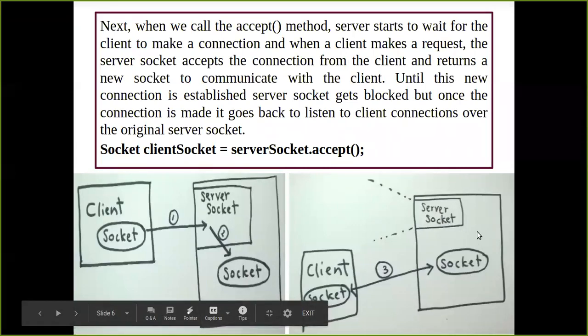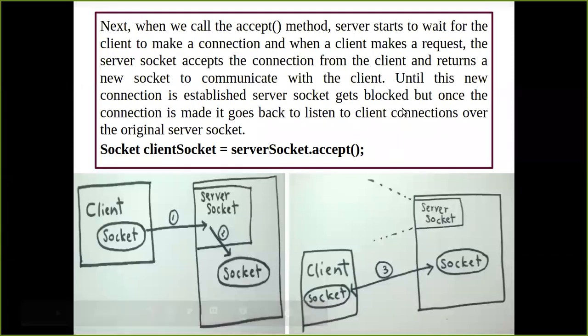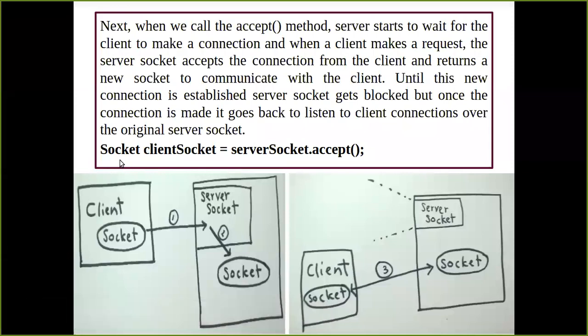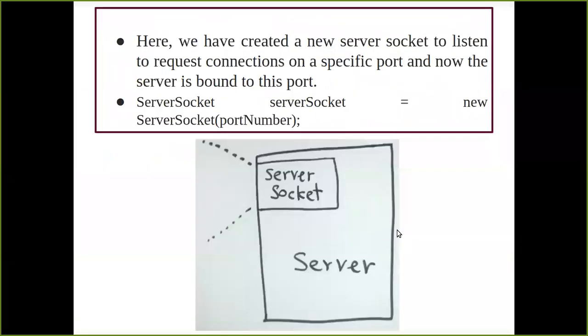For that, what we have to do is have one method called the accept method. Now that we are going to write inside the socket class, or you can say the socket interface. Okay, so this is your socket class whose object we have created. This object we have created for this class, and we are going to have the object of your server socket. So if you can see, this was the object name of your server socket where I am accepting the port number from where the request is coming.